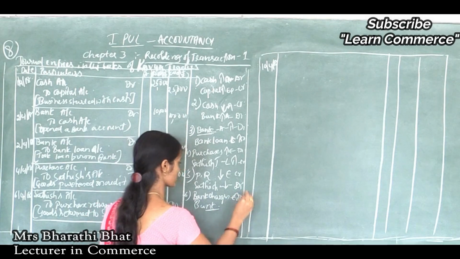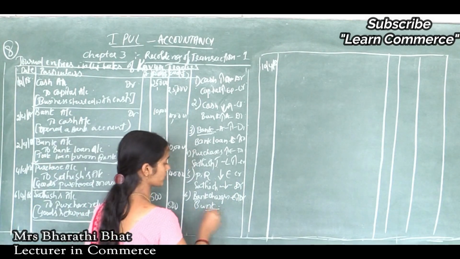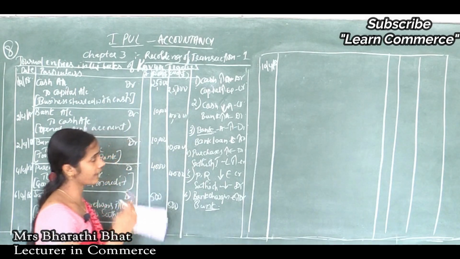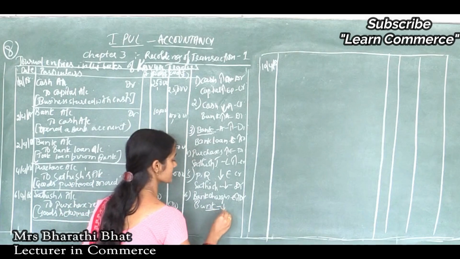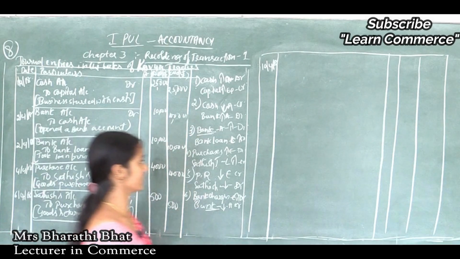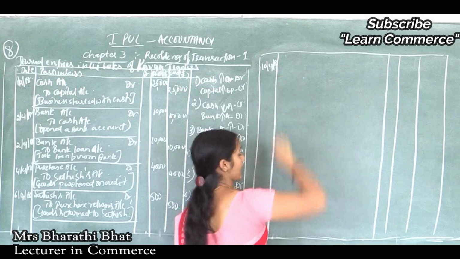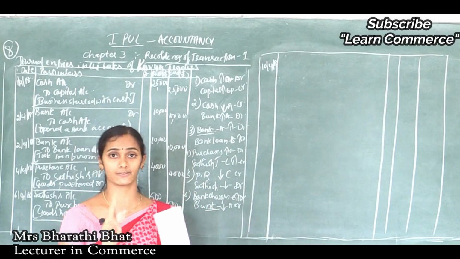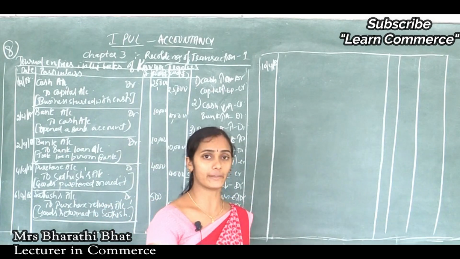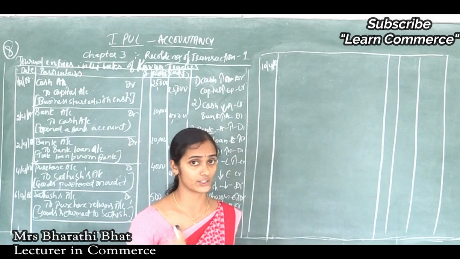Increase in expenses is to be debited, and from our bank account some amount is debited automatically by the bank, correct? So decrease in asset is to be credited. How can we write? We should write the debit aspect in the first line. Like other expenses: payment of wages, wages account debited to cash; payment of salary, salaries account debited to cash; payment of commission, commission account debited to cash, like that.